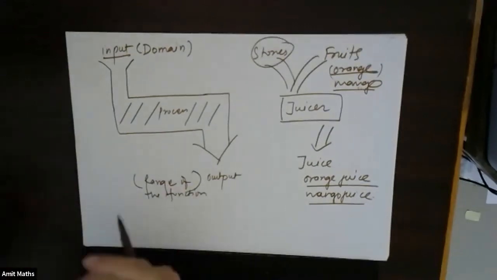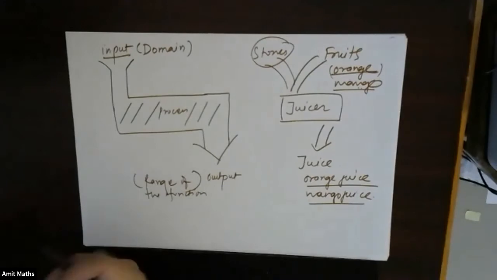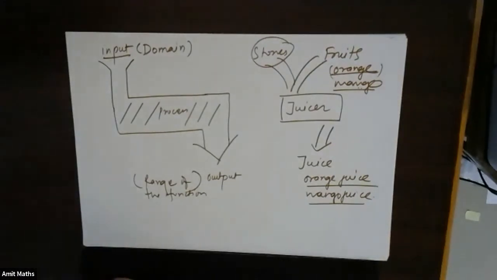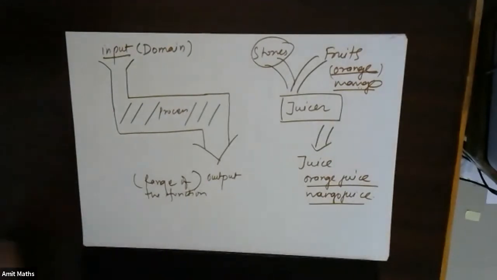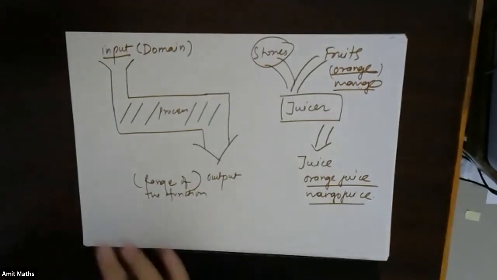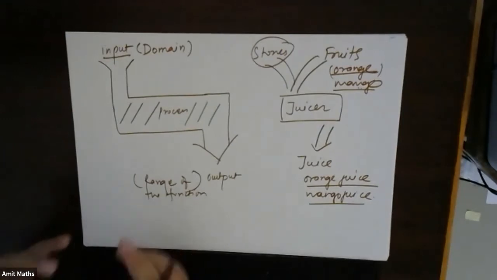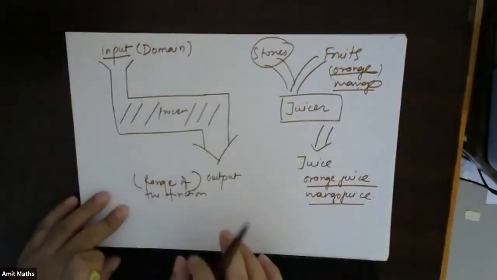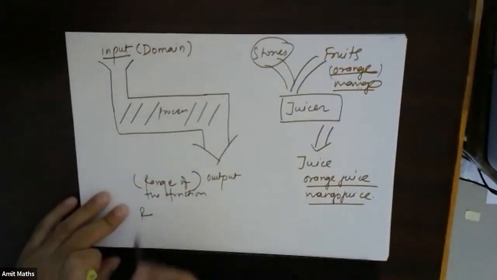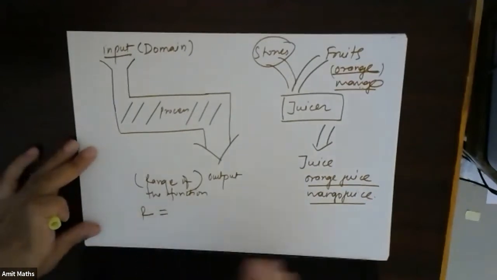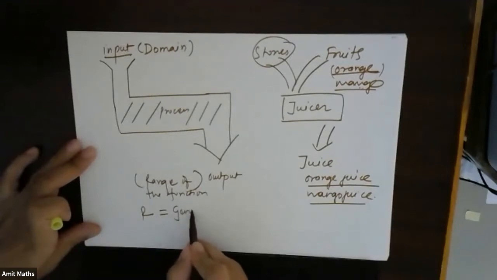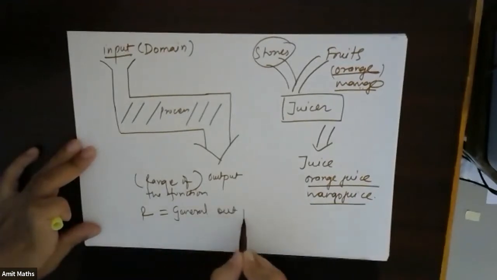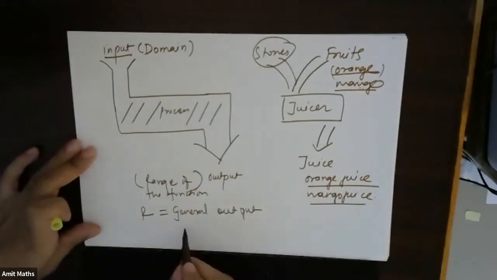Okay. Now, what is codomain? What do we mean by codomain? Suppose codomain is basically, without knowing, if I'm saying that the output will be somewhere in R. For this process, the output is R. I will say that the output will take values in R. So I'm saying in general that the output is R. So this will become a codomain.